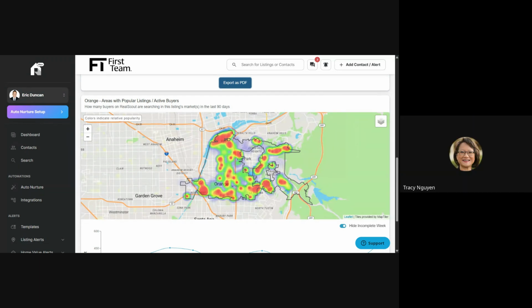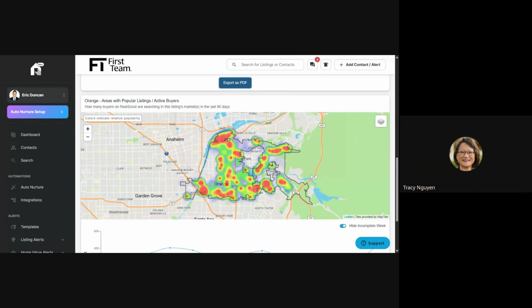You know what else I wanted to share with you guys when I took this class years ago was that the buyers on this are only the buyers who are registered, who are working with an agent. So there's actually more buyers than this. So these are the most qualified buyers because they're registered. And in the past, I don't know if you can still do it, you can actually do reverse